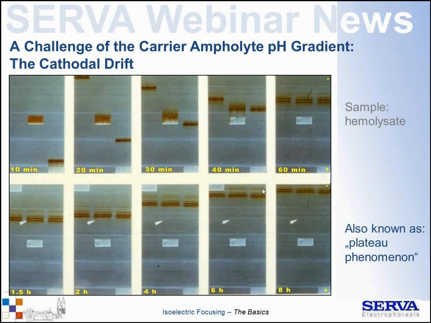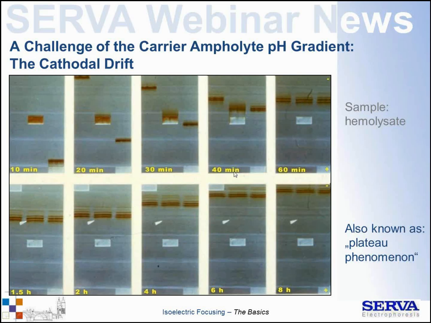There is one point to mention: carrier ampholyte isoelectric focusing can have some troubles, namely the so-called cathodal drift. Here I show that with hemolysate, hemoglobin. This is a colored molecule, so you don't need to stain the proteins after separation. Here you see after 60 minutes the hemoglobin bands have nicely separated. But when you continue, the basic, and this is about pH 7.1 here,